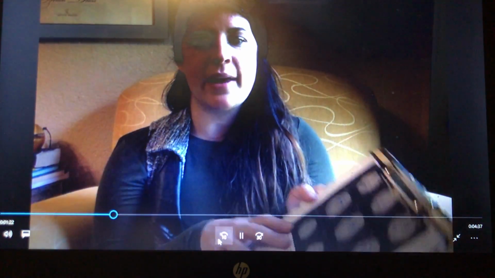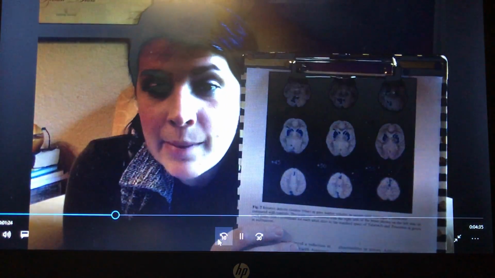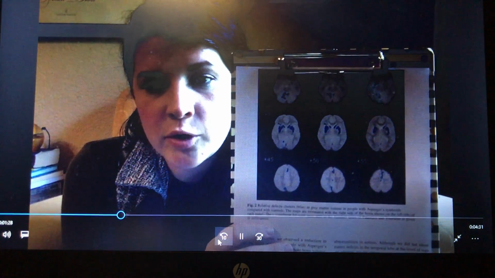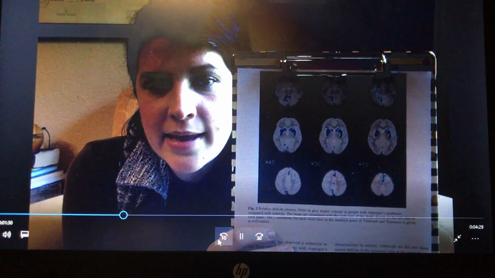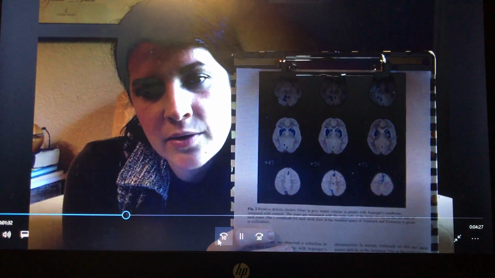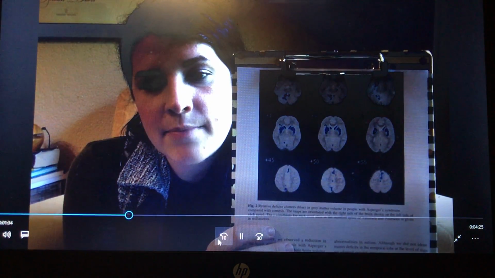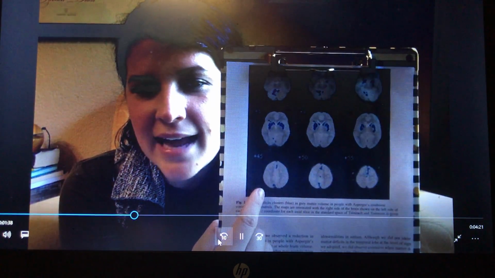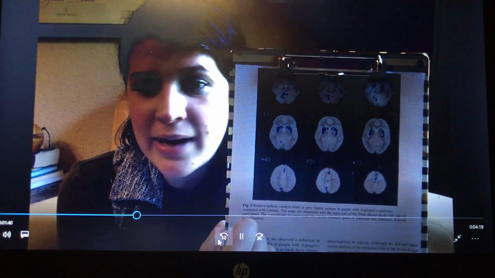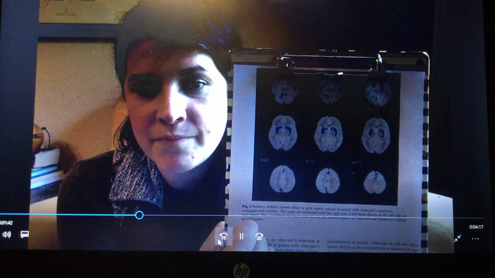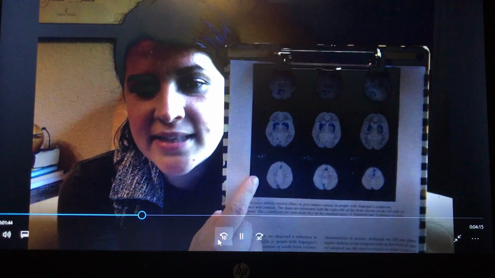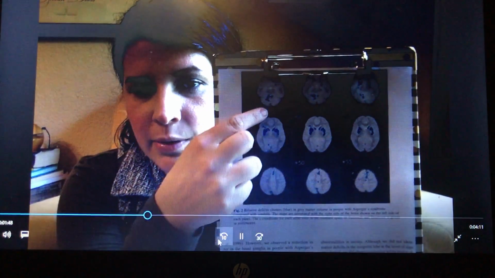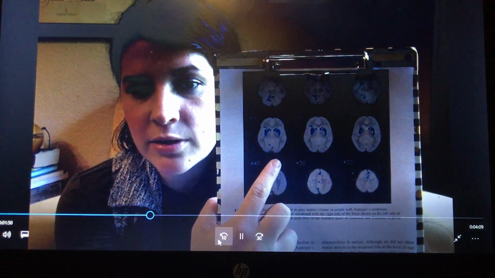So this is a picture that we have here. We're looking at an MRI. A group of researchers were studying gray matter developments in females and males, and also Asperger's syndrome. So this is a normal, healthy brain, and what they've done is highlight in blue the parts of the brain that don't have very good development of gray matter. This is the right side of the brain, so the back part is where the occipital lobe is, and the front part is where the frontal lobe is.